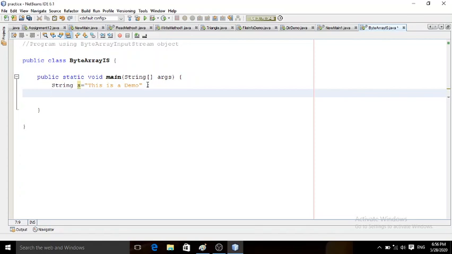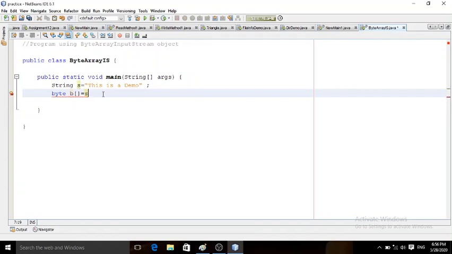This string I want to pass to an array of bytes, so I declare a byte array. Byte b, this is my array, equal to, so this entire string I want to pass to this byte array, and for that we have one method in the string class by which we can do it easily.